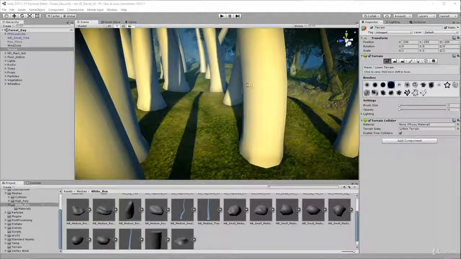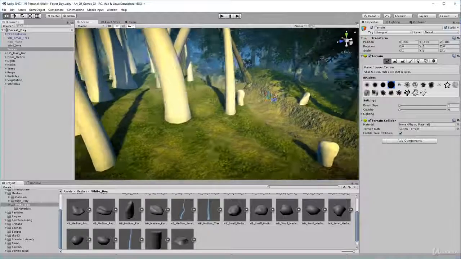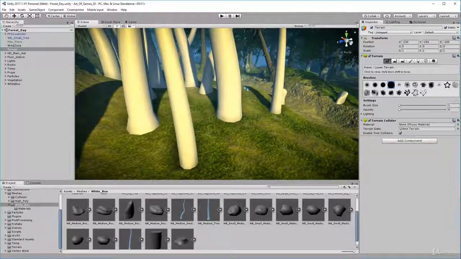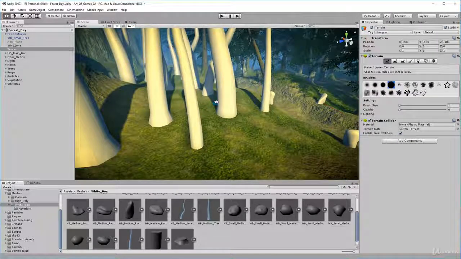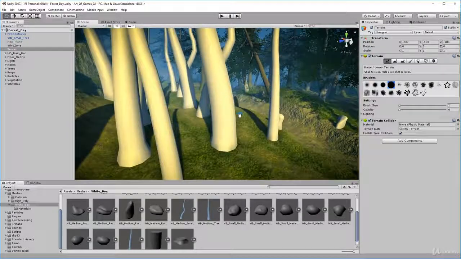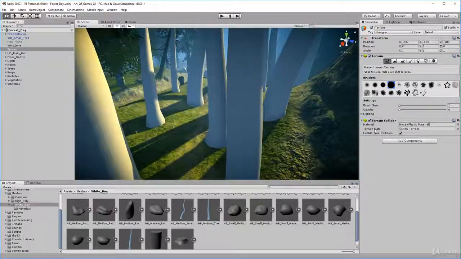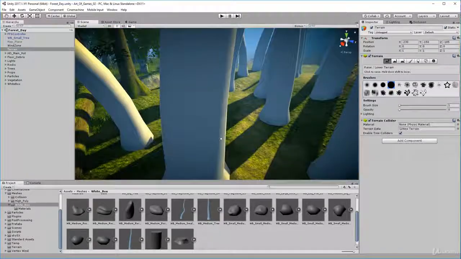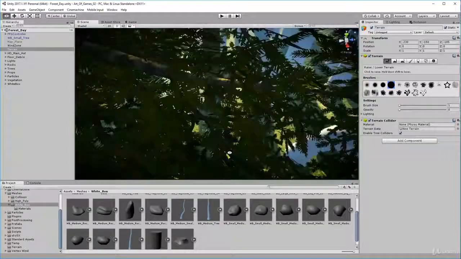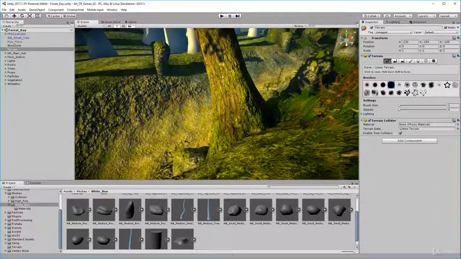Hi, okay, so you probably noticed that I have started to populate my scene already, and I've got some left here, so I'm going to just cover it very briefly, but it's fairly obvious, fairly straightforward what you have to do. But with trees, it's your choice, really. I'm a bit of a manual placer. I like to manually place trees, like I've said before, and because then you get good looking trees